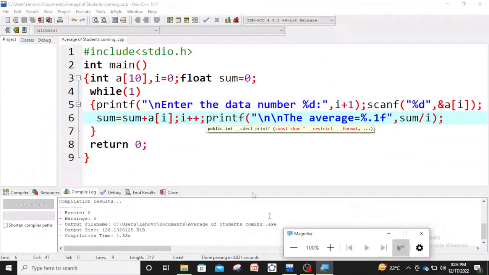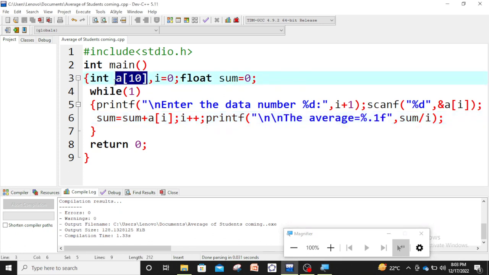I typed this program to show you a drawback of the array. Here you see the array name is A and its size is 10, but in the output you saw that I have taken only 3 students. So this means that 7 memory blocks have gone wasted,